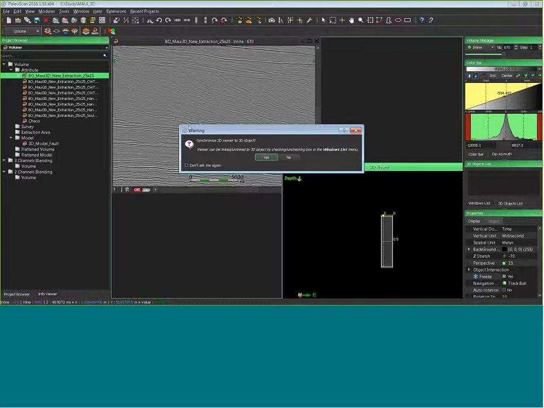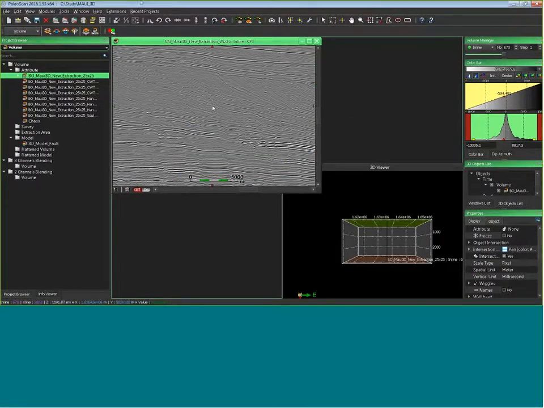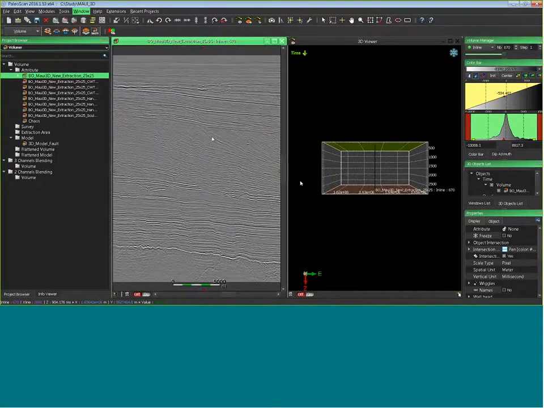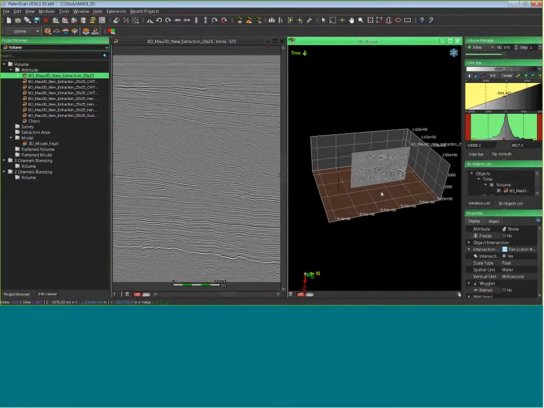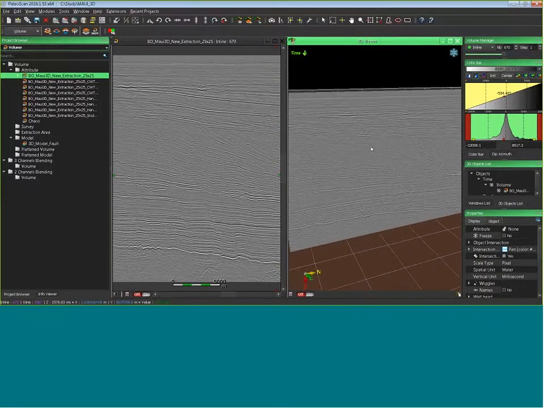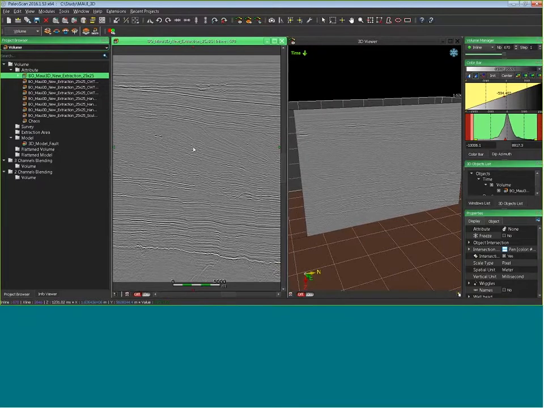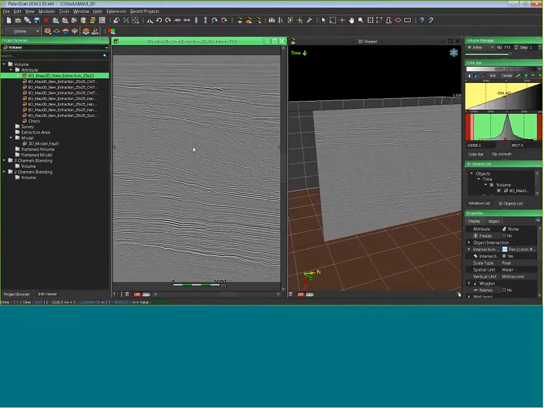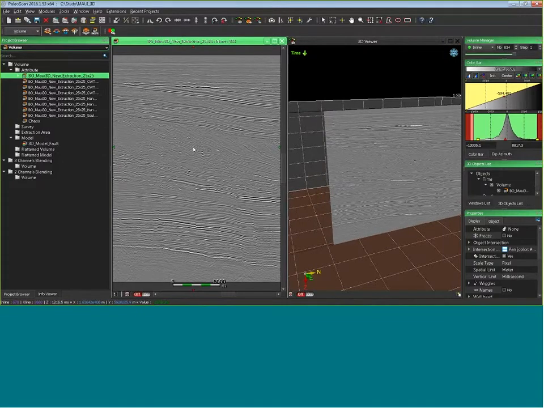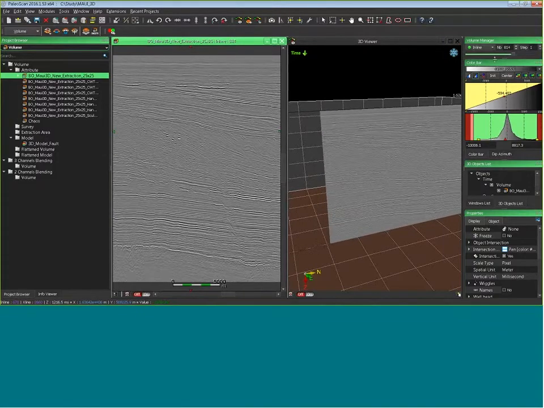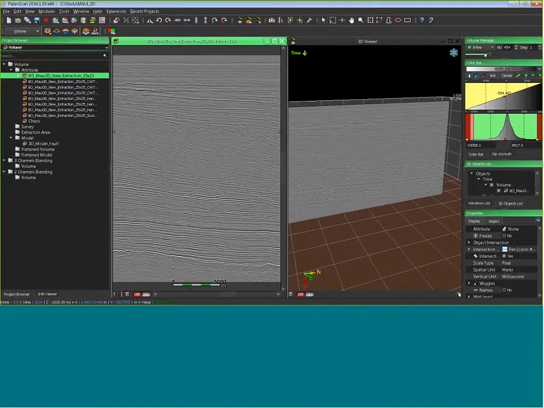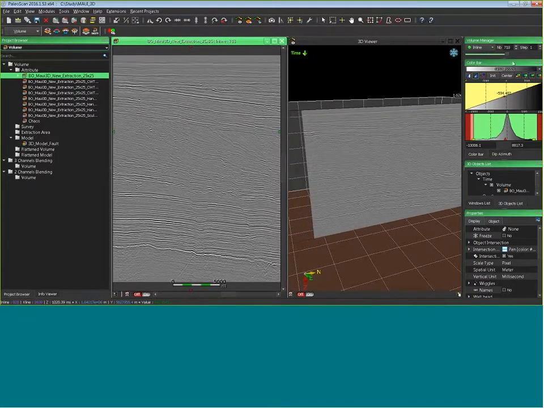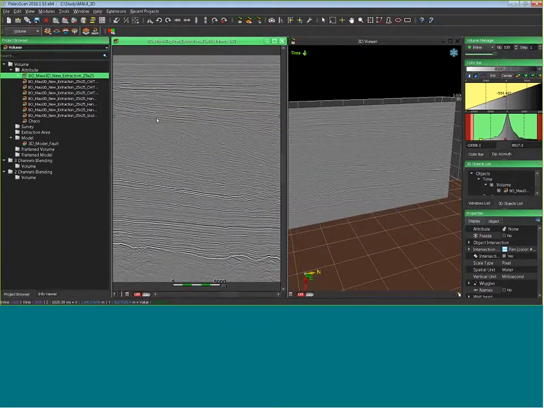Do you want to synchronize 2D viewer with 3D viewer? If I click on yes, I just tile my windows, just change the orientation of my 3D viewer. Now, in fact, if I move my 2D viewer, I change the current frame of my viewer, like this, or I can use directly the volume manager. In real time, I move my 3D object.